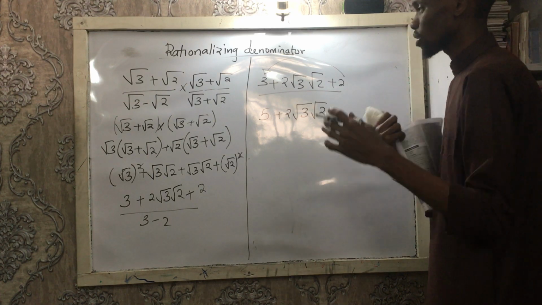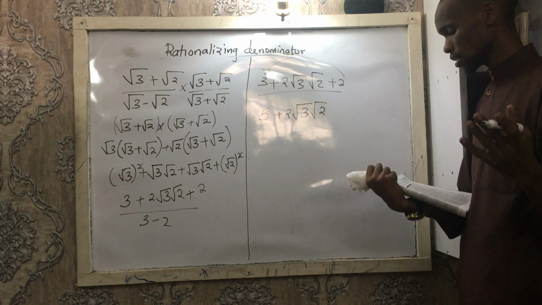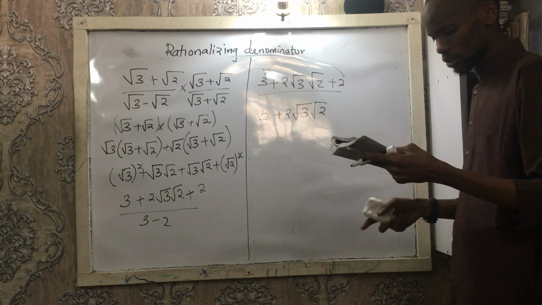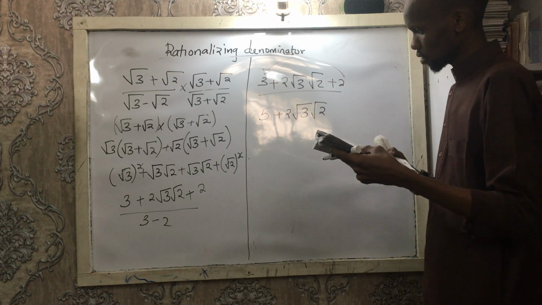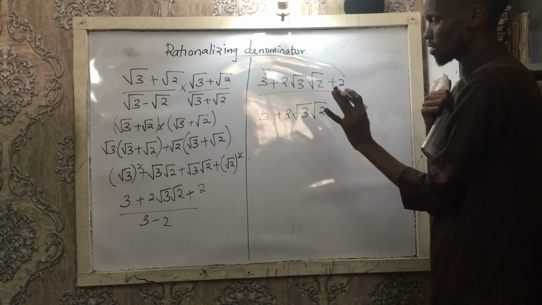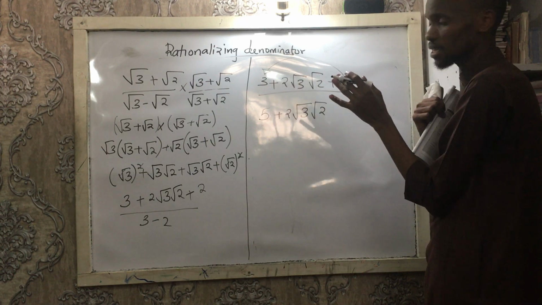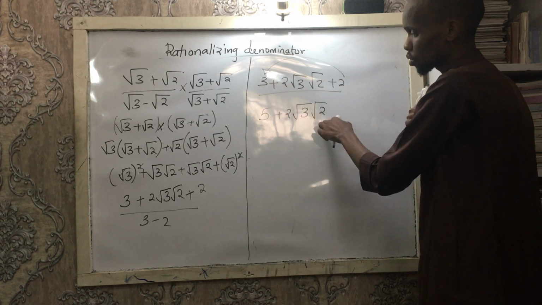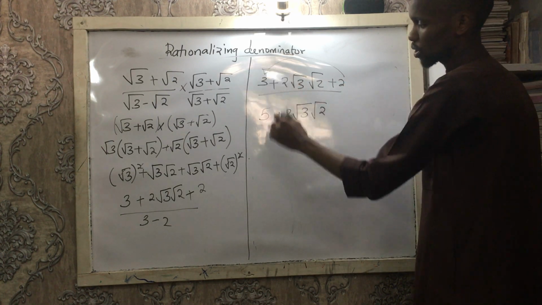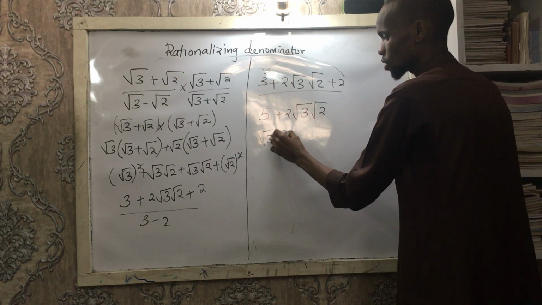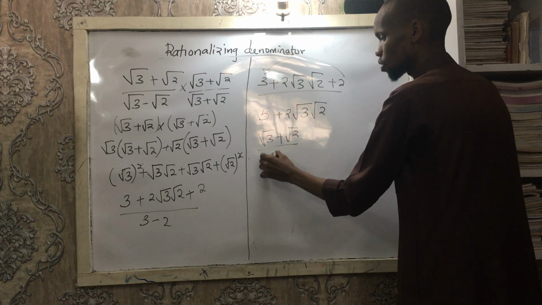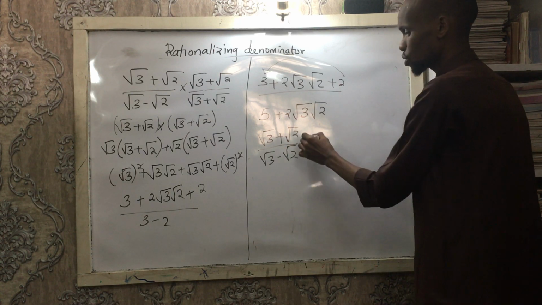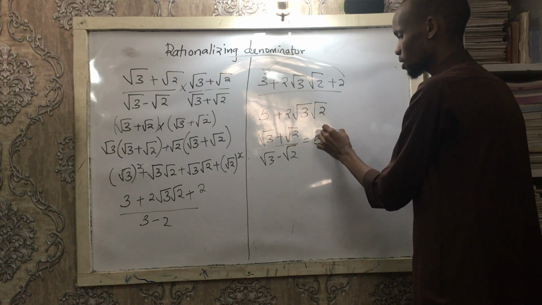You can for simplification, that is. Okay? For simplification, if you check the question, for simplification, you can use 7, but I want it to stay like this, okay? There's nothing I guess I have changed. I've just added 2 plus 3, the 2 remains here. Root 3, root 2, okay? So that I have root 3 plus root 2 over root 3 minus root 2, right? Yeah. Equals to 5 plus root 2